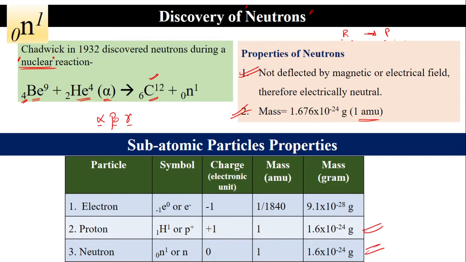And then we discussed the discovery of the neutron by Chadwick, which is also a nuclear reaction in which beryllium, the element beryllium, atomic number 4, when it is bombarded with the alpha rays, helium particle, what happened? We got a totally new element, that is the carbon. When we are performing any chemical reaction, do we get new elements different from the reactants? No, sir. Never. Because who is participating? Electrons are participating in the chemical reaction.